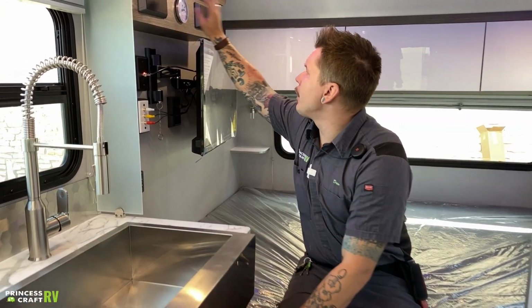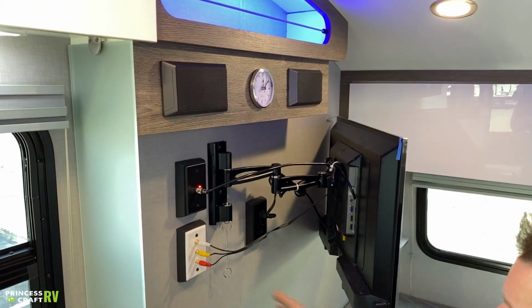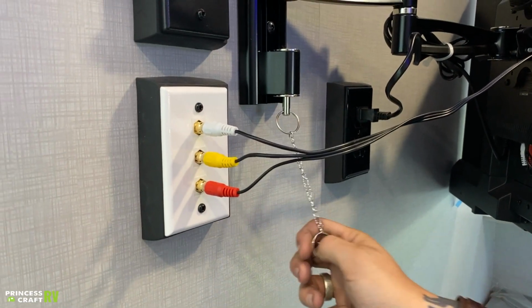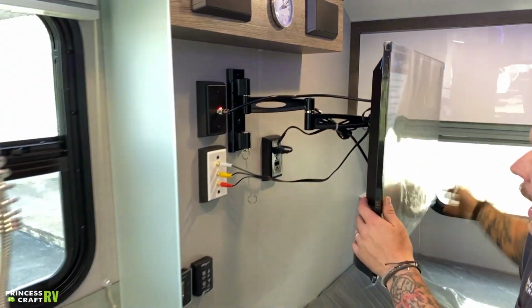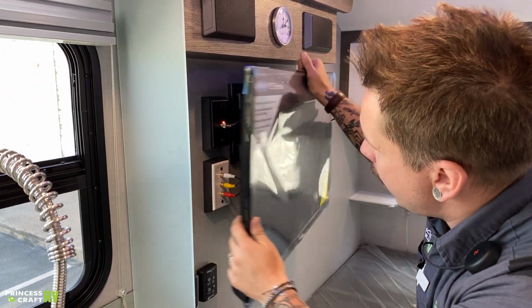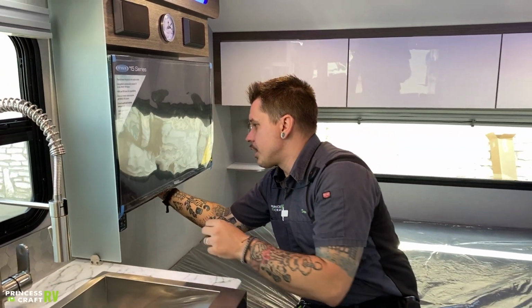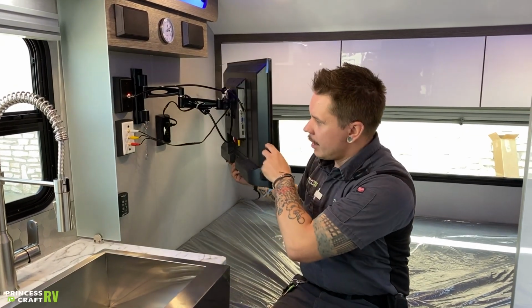Other than that, up top here we have some speakers. We have a clock with a replaceable battery. We have your TV mount here. You can go ahead and see the release here, so that's going to be locked back. Of course, it's not properly in that position right now. That position is going to be something like that. Now, if we come all the way back, it's going to go ahead and lock in. We would need to pull that chain to allow this to come out, directionalize it towards the couch or throughout